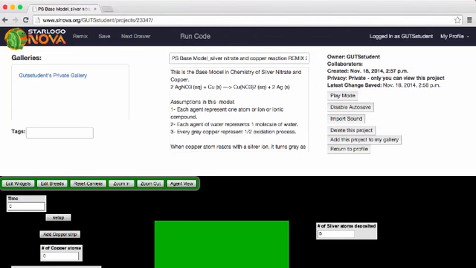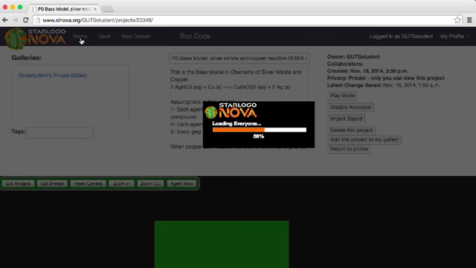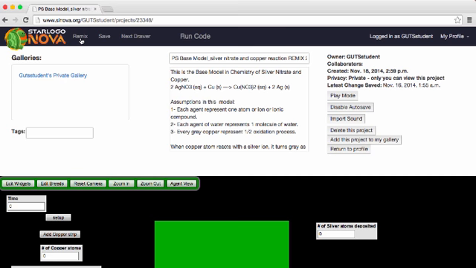Hi, welcome back to the Chemical Reactions module in Project Guts. We are now on lesson 3, and so we're going to go back to the base model. We're going to remix. Always a good habit to remix your model, and then you can change the title if you want. We're looking at this chemical reaction where the silver nitrate and the copper react to produce copper nitrate